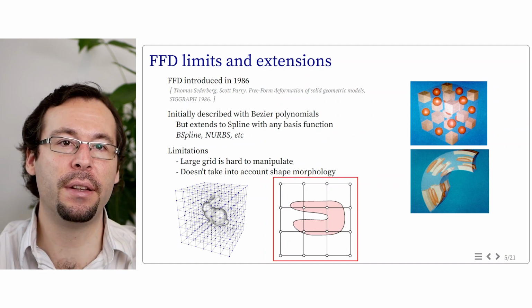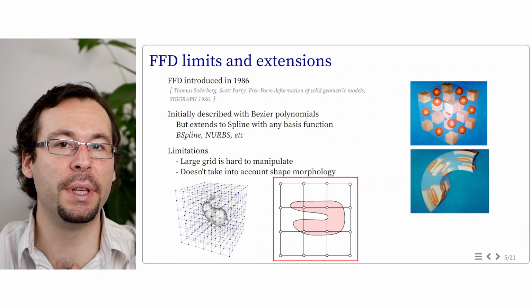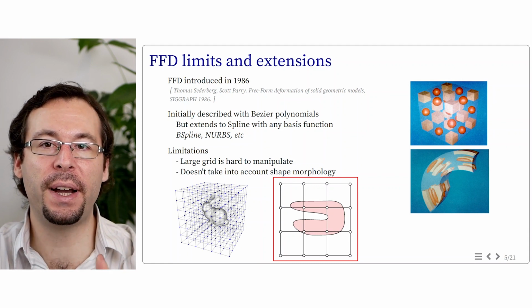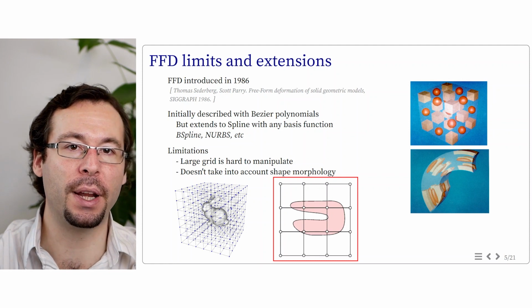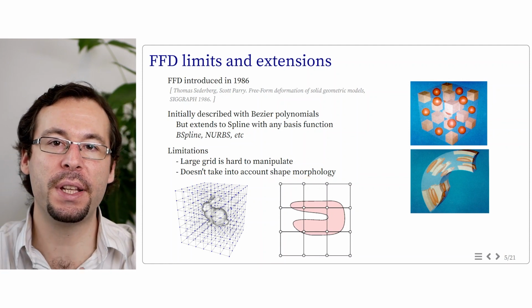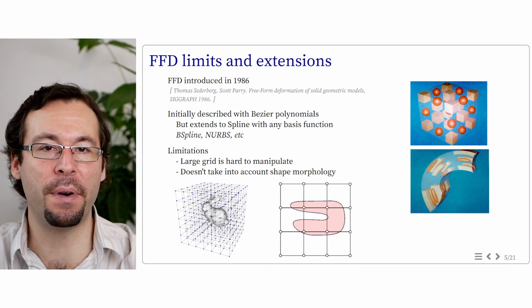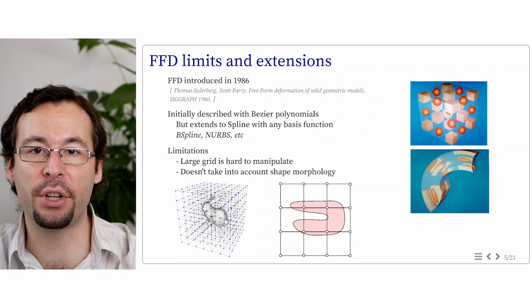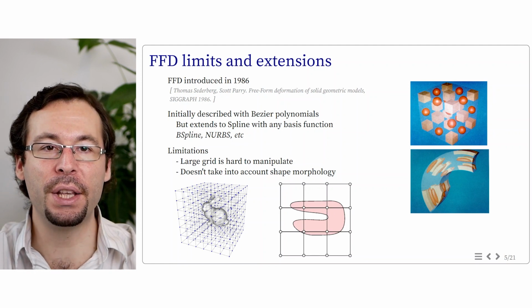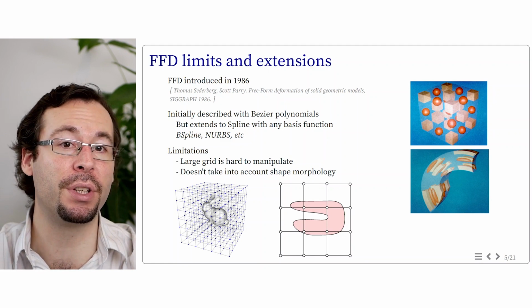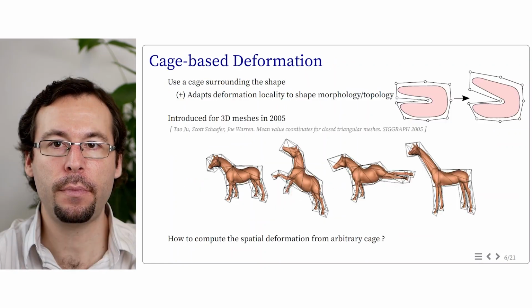For instance, in this case, imagine it to be like the mouth of some animal, we may want to modify the upper part of the shape, like moving it up, without moving its bottom part. But it's hard to achieve in freeform deformation, as the deformation propagates in all directions based on the grid. Otherwise, we would need a much finer grid, which would be more costly and hard to handle.